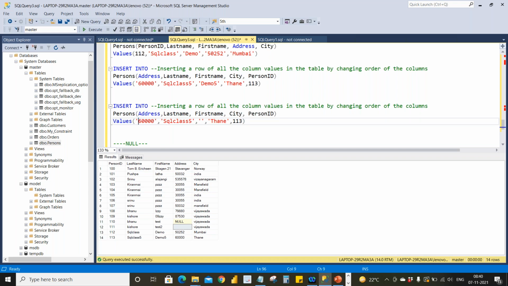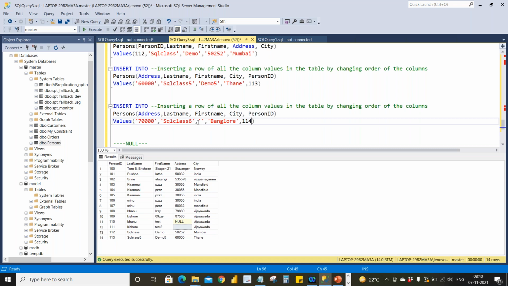Let it be in this way. Address being 70,000. Last name being SQL Classics. First name I want to insert as empty, and city being anything, okay, Bangalore, and person ID being 114.